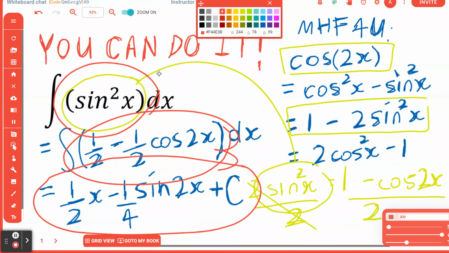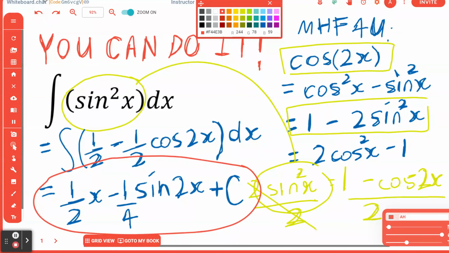Now, I will go through it right now, just through a dialogue with you, and you can copy all the notes down on a piece of paper. So again, when I find the derivative of half x, that's going to be half. So this gives you half back. When I find the derivative of negative 1 divided by 4 sine of 2x,